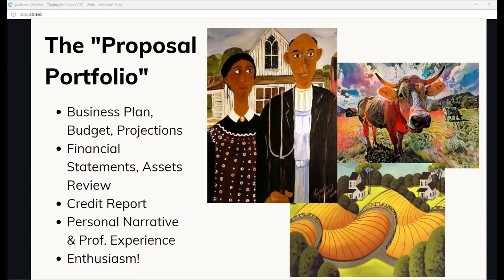But again, there's something to be said for that personal narrative piece as well. Being able to represent yourself, your professional experience, and it can include something like a resume, but being able to communicate what your experiences are and what you bring to the table from a management standpoint really will be a good selling point, and I think a predictor for success as well. As Emma puts all the time, enthusiasm is also pretty key in this situation, where people want to see that you're excited about the thing that you're engaged in, and they're going to want to be